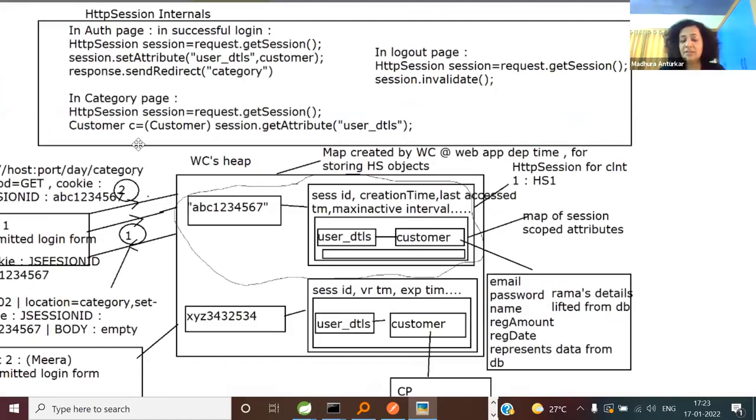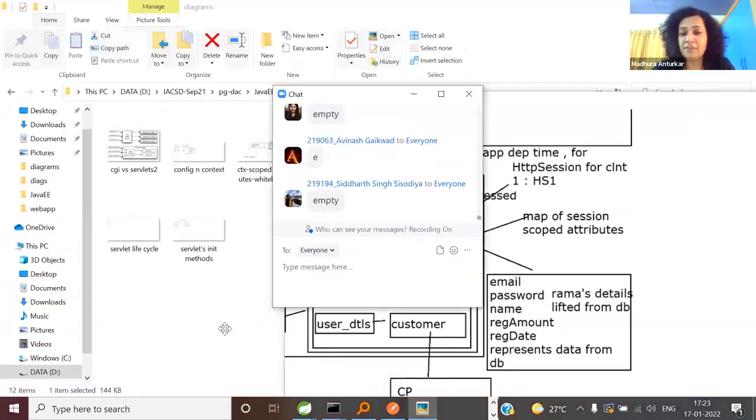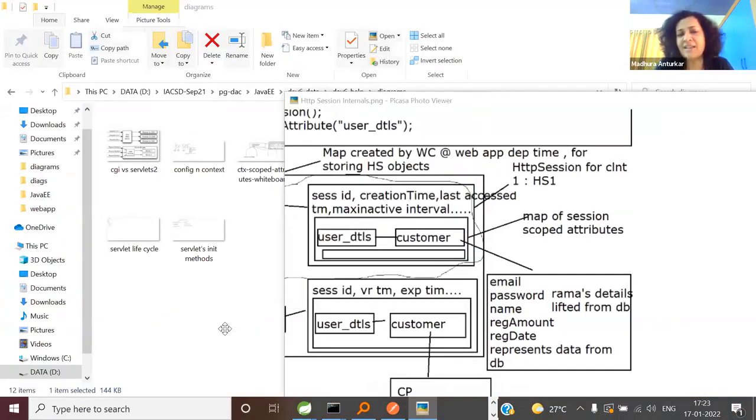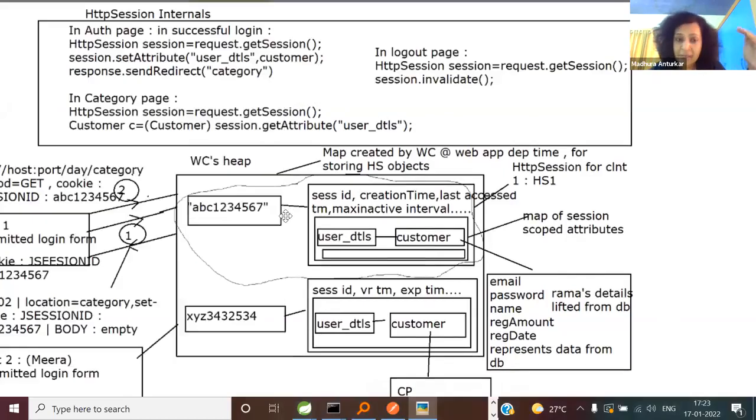So this was the description of that diagram. Understood something? 10%, 20% at least. This tells you completely the internal working of, as I gave the name, HTTP session internals. Very good. If it is 90%, it is really good. So guys, if you want to increase it from 10% to 100%, you please draw.